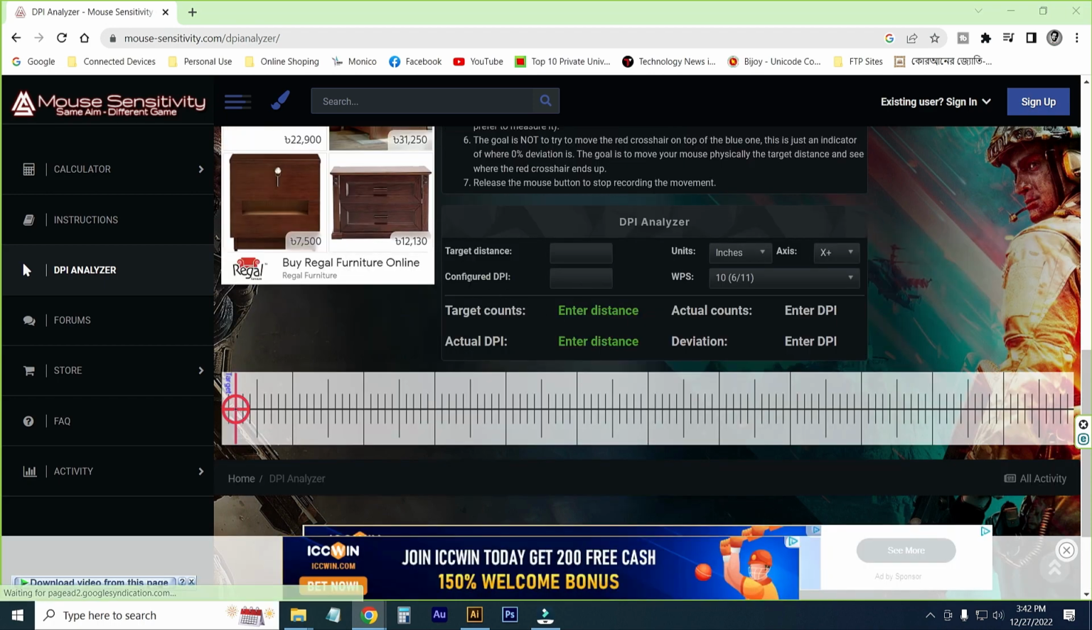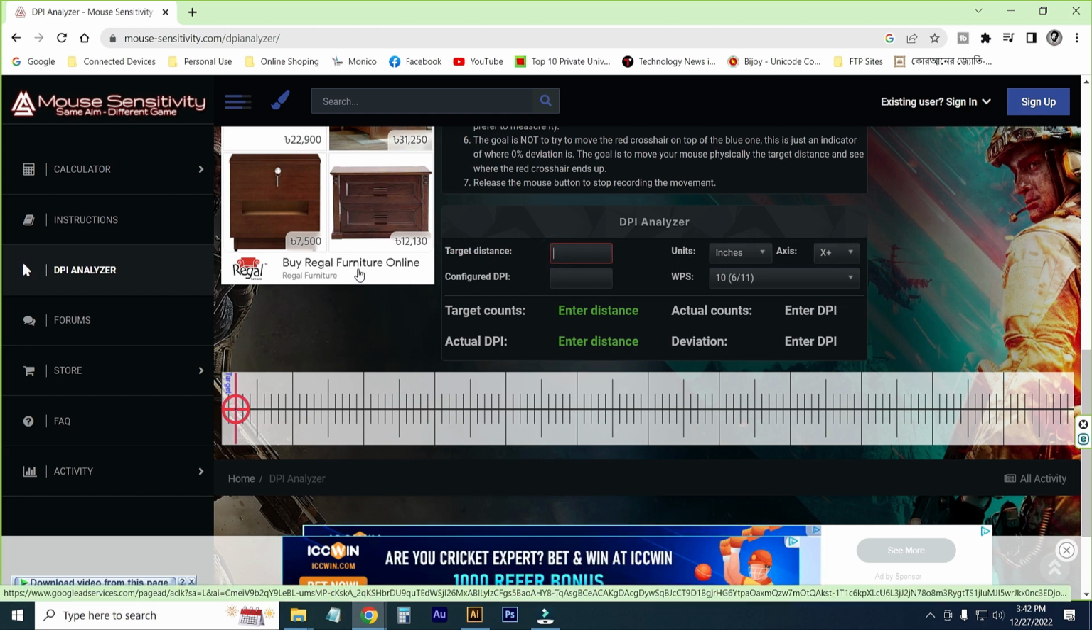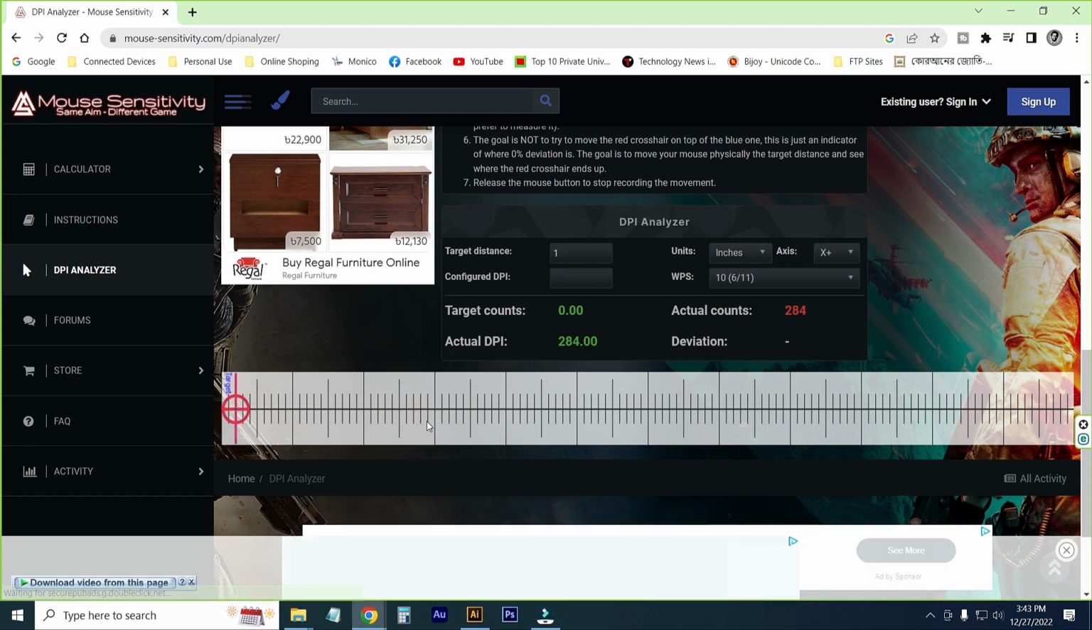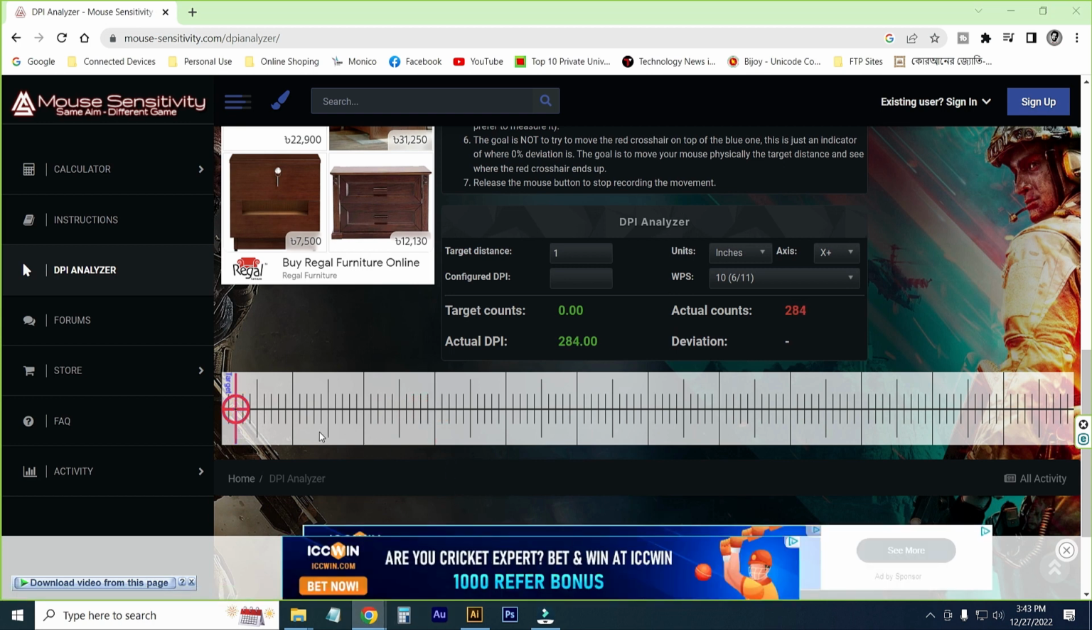Just I will put a value target destination. I type 1. From this, then from here this round symbol, just I will put it right. Repeat the step again, then